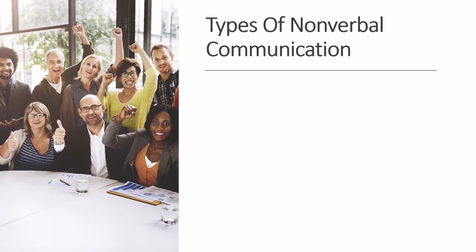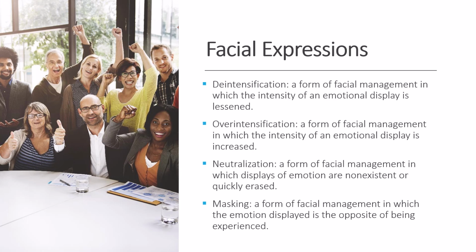This is the final section of this chapter, and it's going to talk about the various different types of nonverbal communication. First of all, let's talk about facial expressions. There are a number of different facial expressions that are involved, and we could go over each individual muscle, and when this tenses up, it might mean this, and there's a whole system for labeling and categorizing different facial movements. But for the purpose of this class, we're going to talk about it as contained within 4 categories. And these are